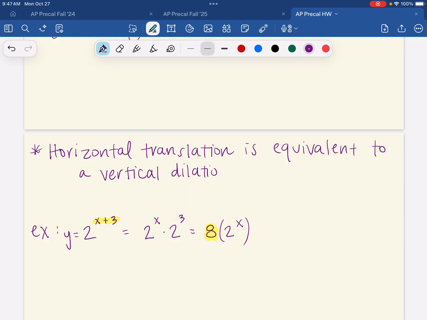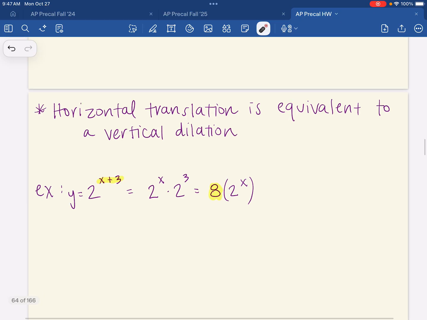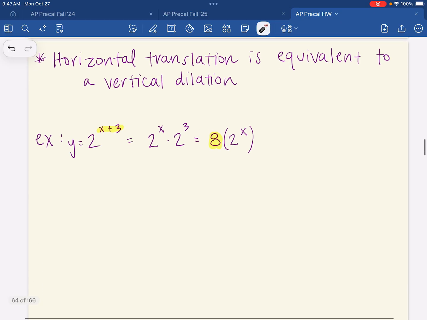And if we went and graphed these, you could kind of argue either one. You could say, well, it looks the same as if I just shifted 2 to the x 3 units to the left. Or you could say, well, no, out of context, it actually looks like it goes up much faster. So it looks vertically stretched by a scale factor of 8. Okay, so that's one type of function manipulation. The second